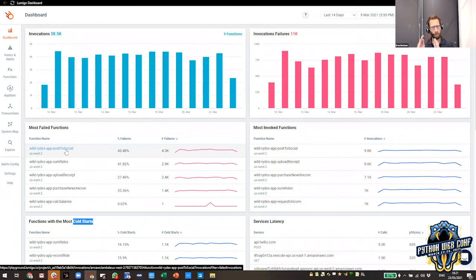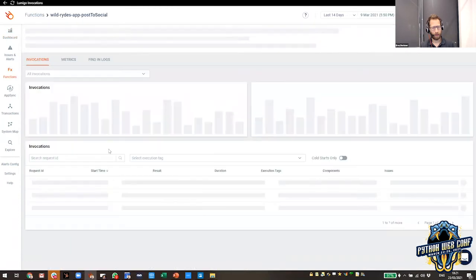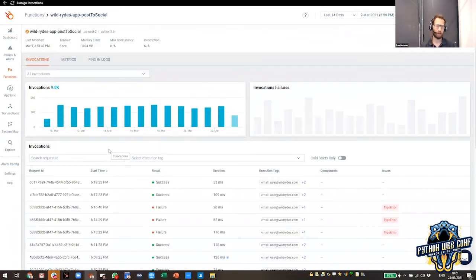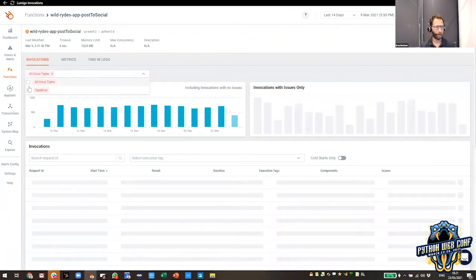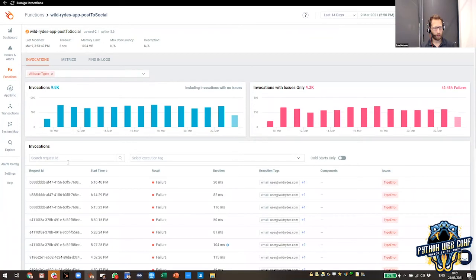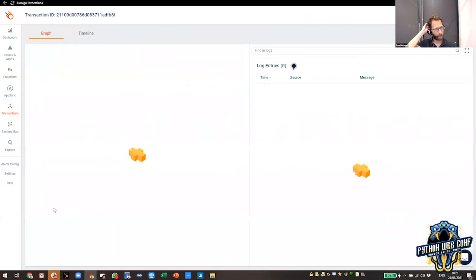And this is where we move from monitoring and alerting to the actual debugging. And in the middle, we have the distributed tracing that we talked about. So if I click over here, this takes me to the specific failures of that specific function. So let's filter and see all the issues of that function. And we can see one by one, these are the failures of this function in the last 14 days. So let's pick one of those in order to drill down. And this is where understanding the priority, understanding what the customer API is, happens.